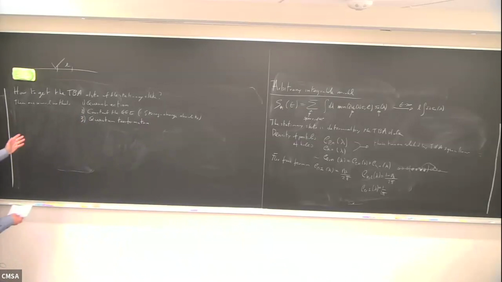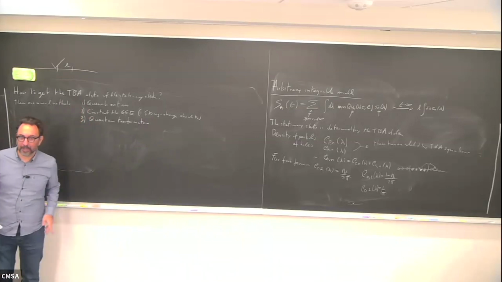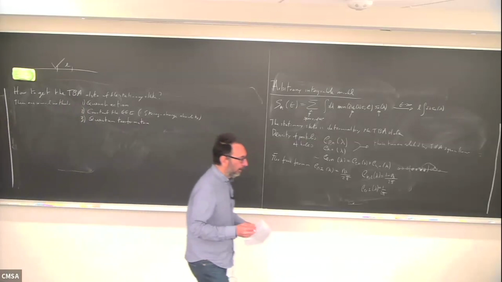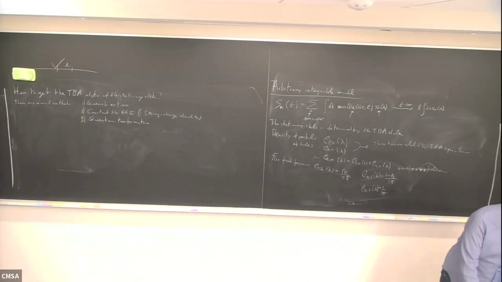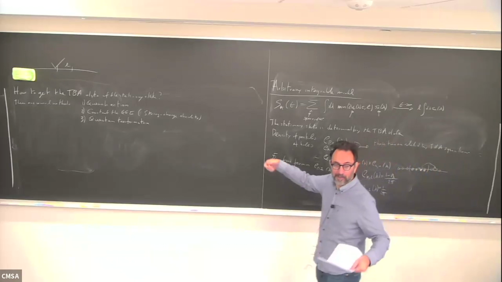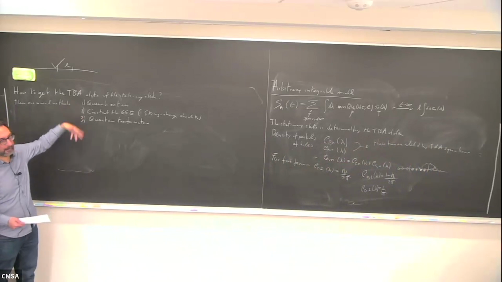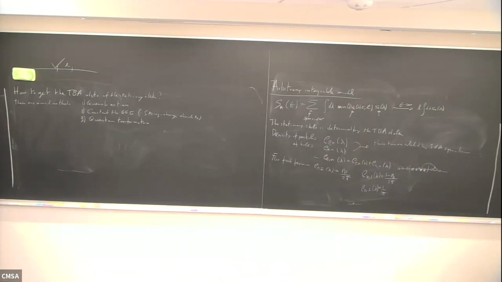But okay, depending on the state, one of those approaches can be more convenient than the other. But the overall story is that any of these approaches in the end will give you the TBA data, okay? And between 2015 and 2020 there was really an industry of constructing this TBA data. Now it's getting less popular because, okay, the most natural states have been studied, so there are fewer things left. But really, it's a general machine that if in the future you need to compute the stationary state for some given initial state, you can think of looking at one of these methods. But once the TBA data are known,